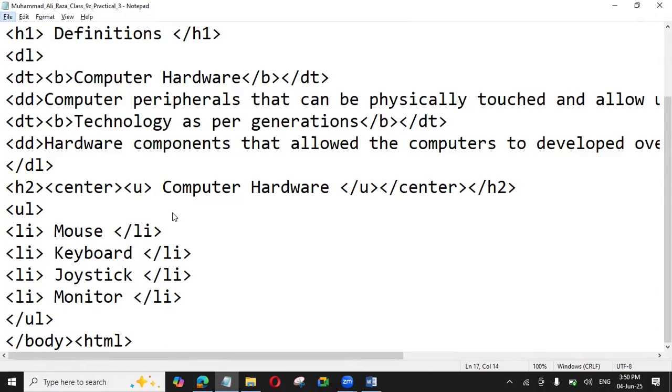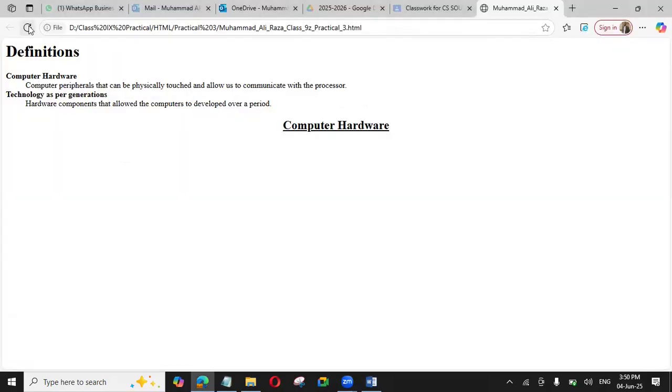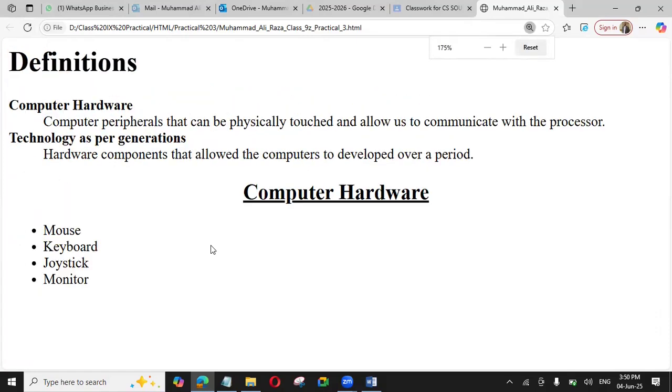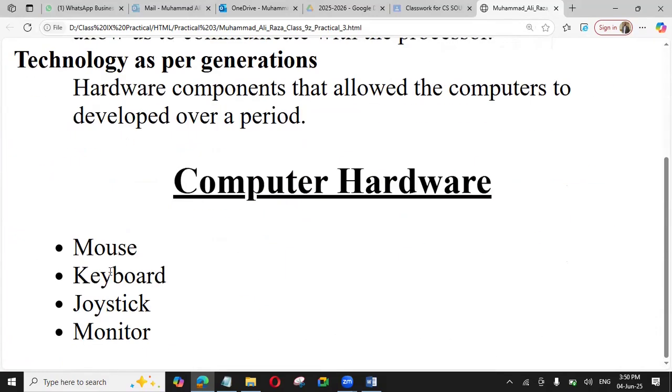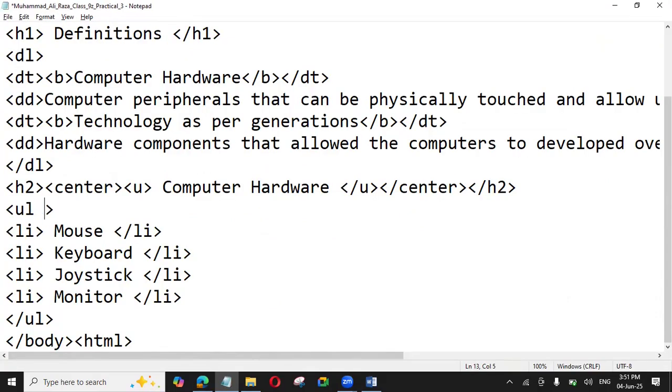So save it, and then you will see that in the web page, if I reload, there you can see there's an issue. If you look closely, it's basically a circle. It's basically a circle which is, let me just zoom it a bit more. So it's not a hollow circle. What to do? So in this scenario, we just write type is equals to circle